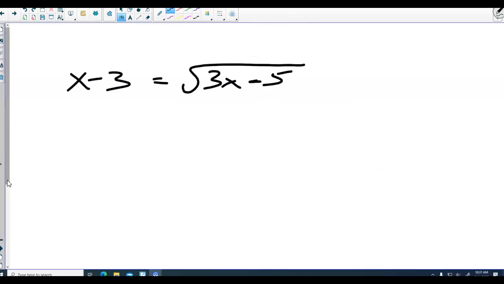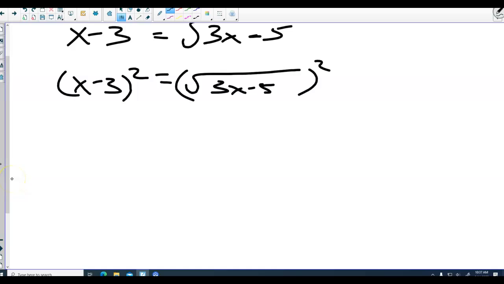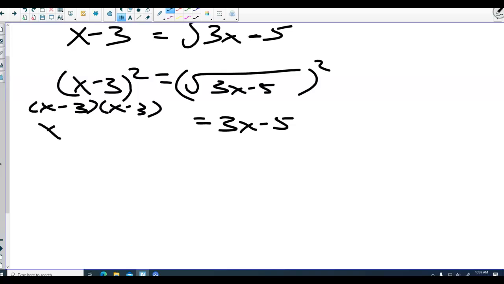Get rid of a radical. We square it. Agreed? What do you think you need to do to the other side then? Square it. Which means you have to square the whole thing. Now on the right side, it's pretty easy. What is x minus 3 squared? That has to be FOILed. So it's x squared minus 6x plus 9